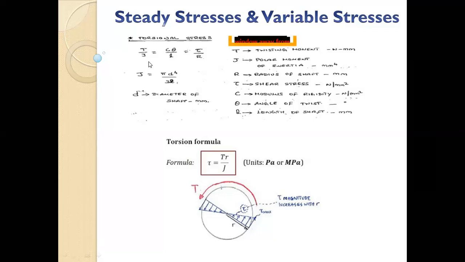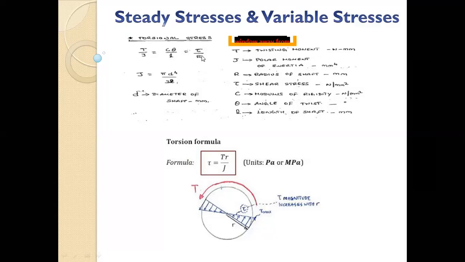Okay. So we know now twisting moment or torque. We know J. Shear stress we know from these properties. As I said, SYT we know, divided by factor of safety, you will get sigma T. Multiply that with 0.5, you will get tau. And now we can find out the diameter. See, this is the design procedure we are going to use in the design of the shaft. There will be nothing hi-fi. A little bit of complication will be there, but the procedure will be the same. We know the torque on the shaft, we know the polar moment of inertia. From that, we can find out the diameter of the shaft.